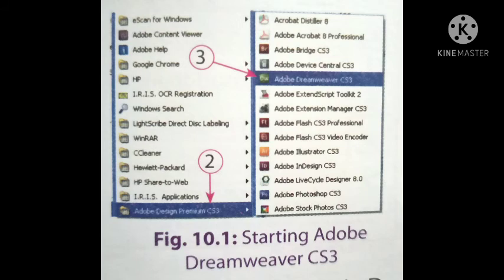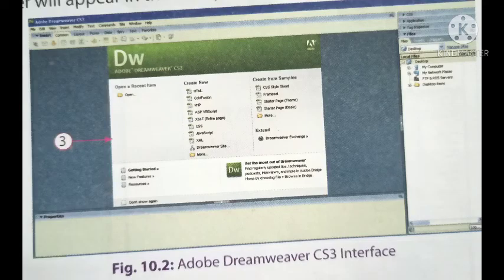Click on the Advanced tab. The information that you enter here is only on one screen. Enter the site name, for example here it is Interactive Website, and then the Interactive Website folder will appear in the Files panel on the right.